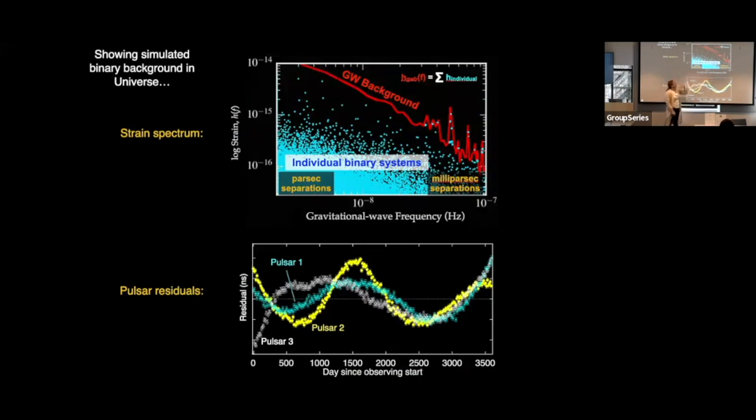that end. And that's a well predictable, just by analytic work, kind of spectrum that, at least in strain space, should be something like strain to the -2/3 in log space. So the slope of that gravitational wave background rises at low frequencies. So if you expect to see a strain background like that, and you're thinking of the pulsar residuals as an addition of all of these strains from all of these objects, you should see something that looks